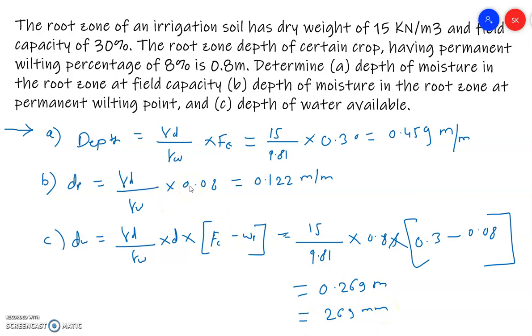Here when we see the equation, actually there are tricks. Every time we take a specific gravity, that is nothing but gamma d by gamma w. The first time we are supposed to find it for the field capacity, that's why field capacity has been considered. The second time we are supposed to find the depth for wilting point, so that's why permanent wilting point was considered. And at last we have taken the difference, because the difference of these two is nothing but the available moisture or available water to the plant, because below wilting point that water is not available for the plant. Above field capacity, that is gravitational water, is also not available for the plant.